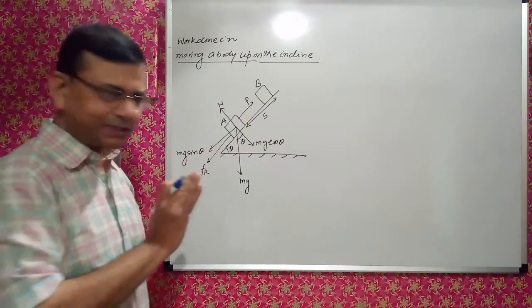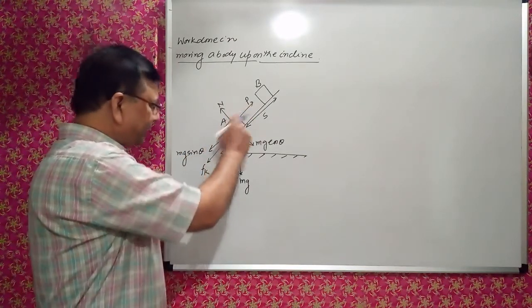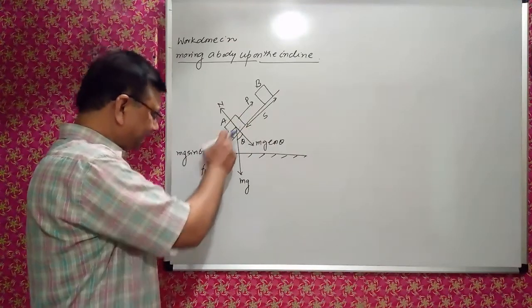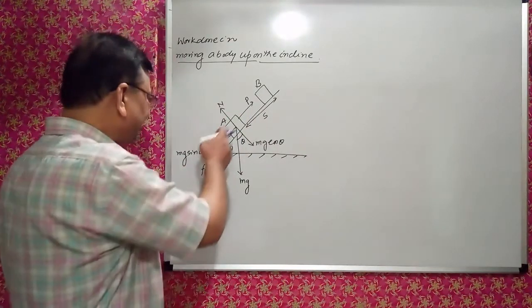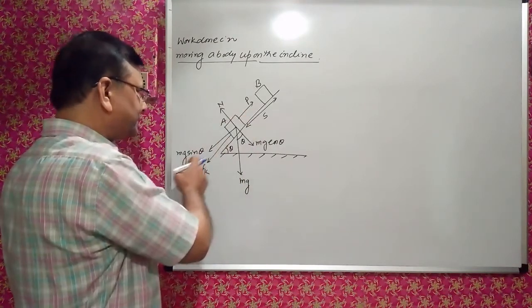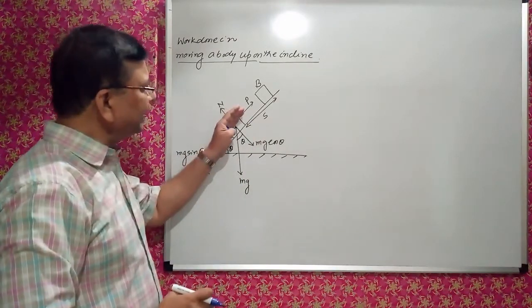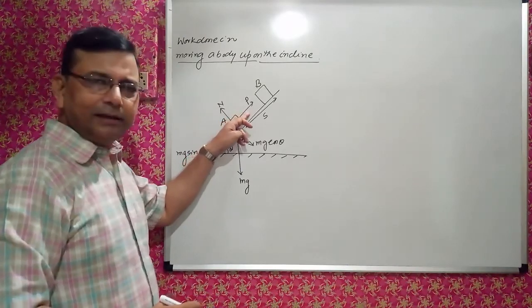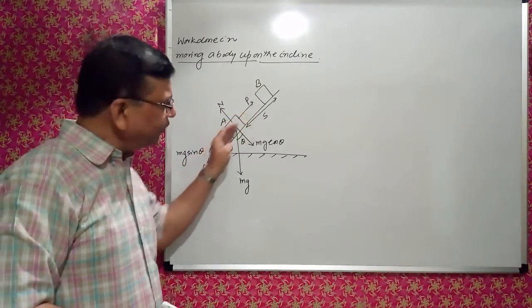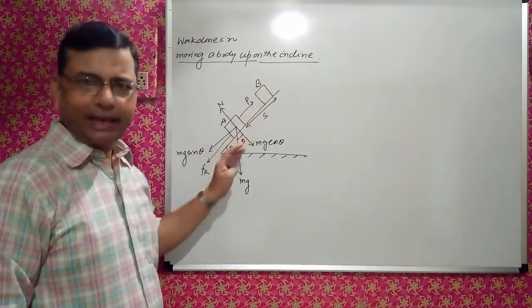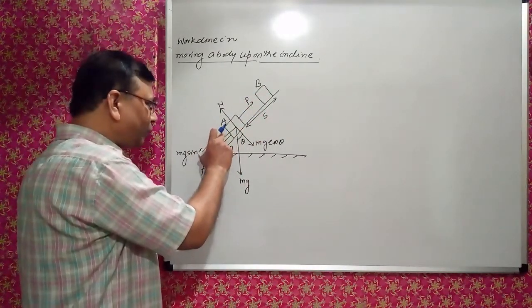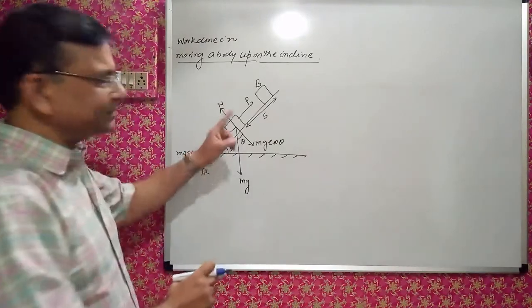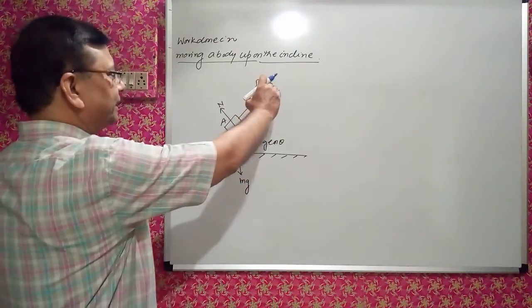There is no acceleration in this. The force we apply, the backward forces acting are Fk, kinetic friction, as well as the component of weight along this. So overcoming these two, this force P will move it upward along the incline, right? So this force is sufficient to overcome these two forces and the body comes in motion and is shifted up to